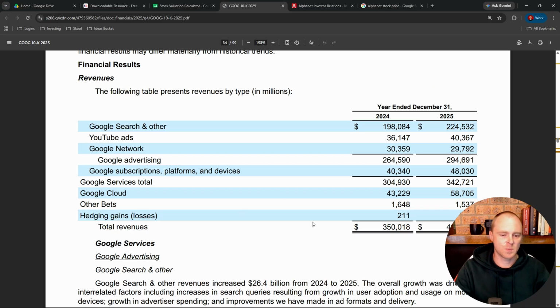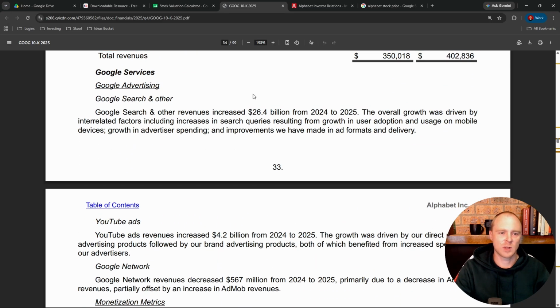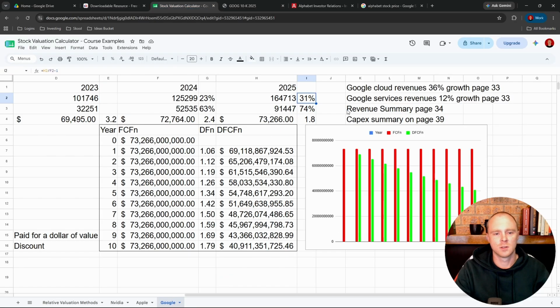So that's those main arms. It does go in and explain a little bit more later, but we can have a bit more certainty around those values. Now, what about this infrastructure build? We need to have a good understanding of what's happening within the business. So on page 39,